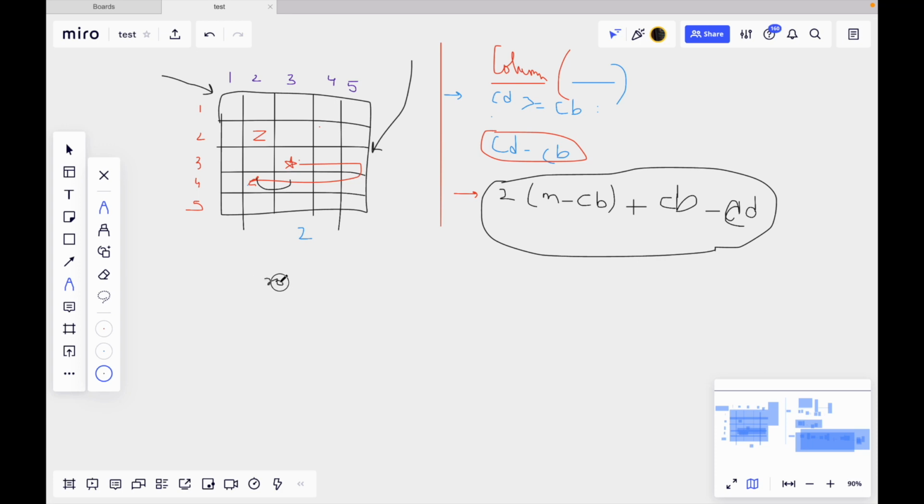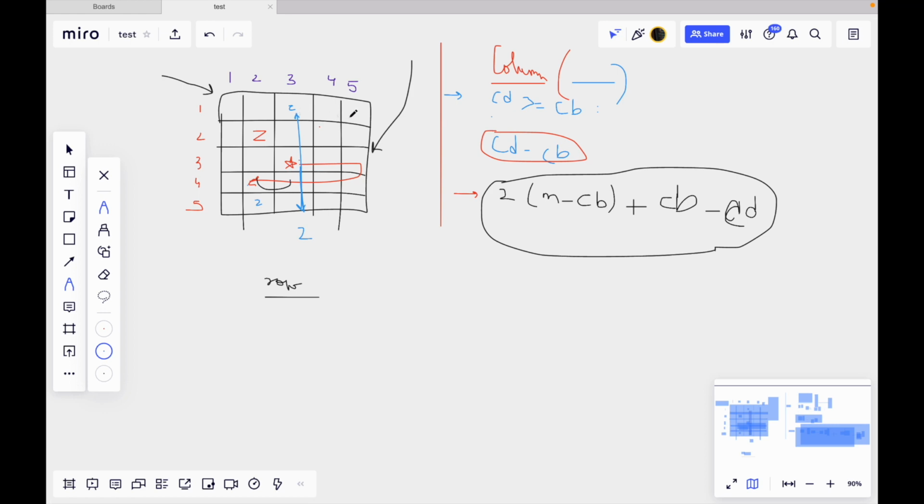Similar is the case with the row. You can see it, you can easily observe it. Either I can move directly in this direction and reach the dirt. Suppose the dirt is present here, so I have to take only 2 steps here. Okay, and if the dirt is present in the row which is above this, if the dirt is present here, then I have to go down and then I have to go up to reach this.